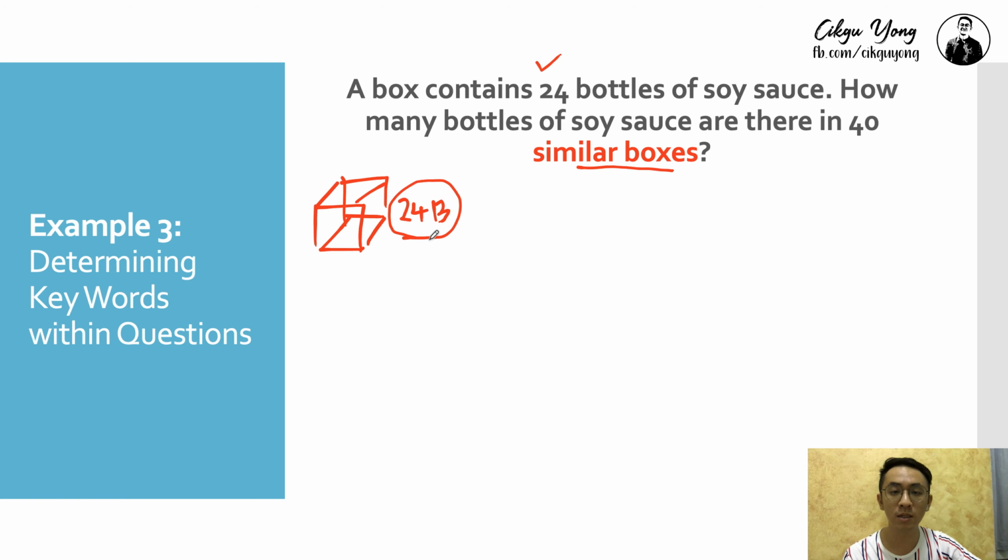So how many bottles of soy sauce can I get if I have 40 similar boxes? Instead of adding 24 for 40 times, it means I have 40 boxes. So this is the first box, second box, and continuously, instead of adding 24 plus 24 plus 24, and you have to plus for 40 times, I can use multiplication